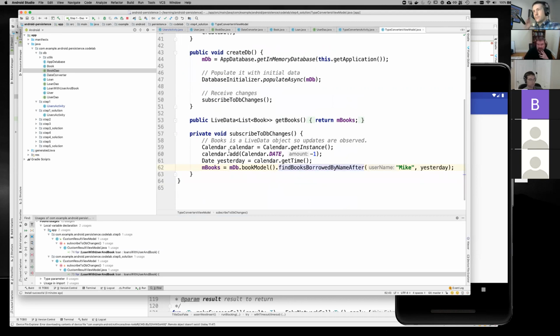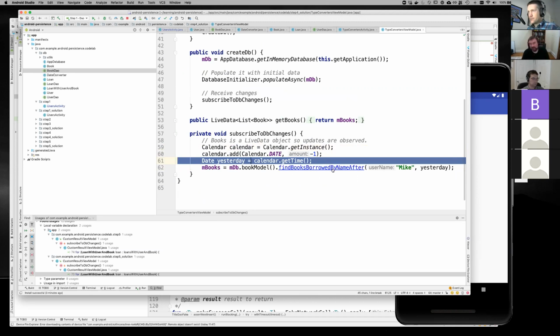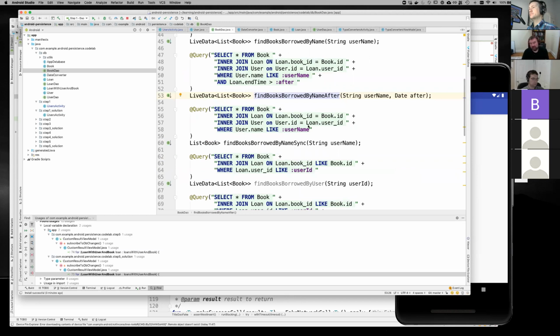So what we're doing here is we're just generating a calendar, and we're getting the date from yesterday and passing that date into the query. And the query is expecting a long, so all of this is handled automatically by Room, just by using the date converter class that we talked about. And then there's one more thing. The final thing I want to talk about is